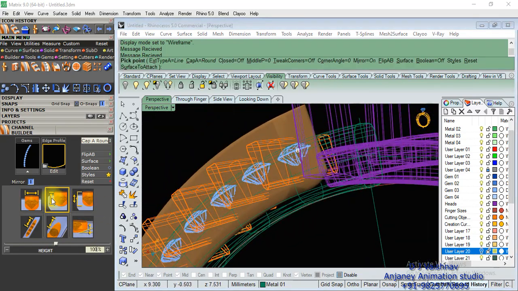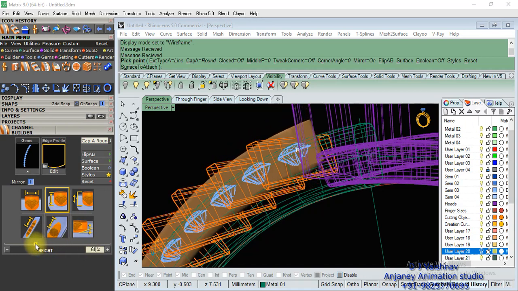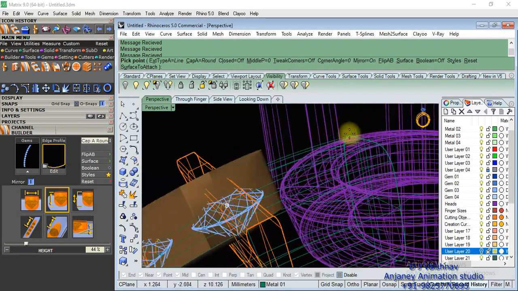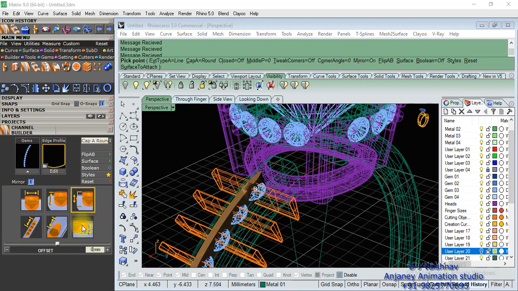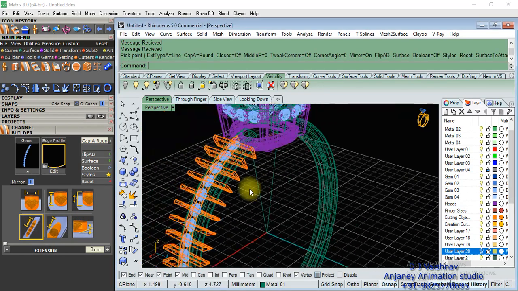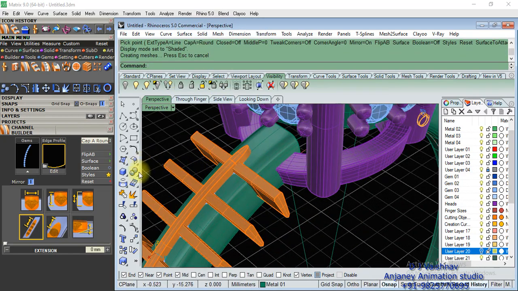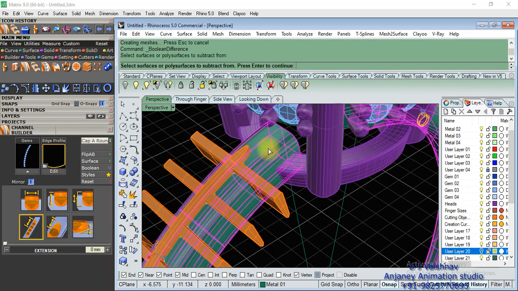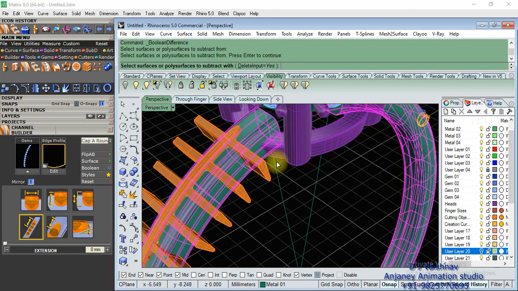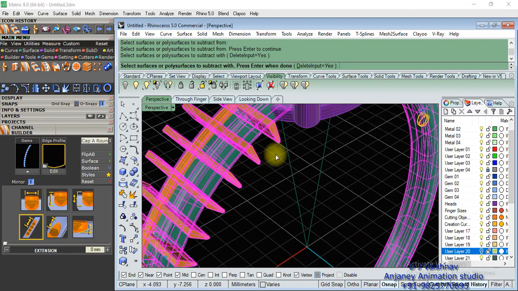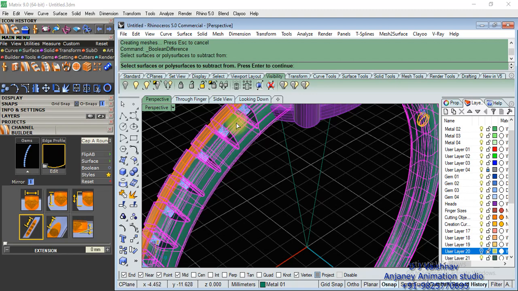Okay, bottom depth is too much, so we have to just reduce. Okay, now this is fine. This is offset, cap scale, cap length, and extension. Okay, this is totally fine. Now go to shaded and cut them. So one by one we are going to cut. Select this shank and select these side profiles and delete input. Yes, now select another profile,